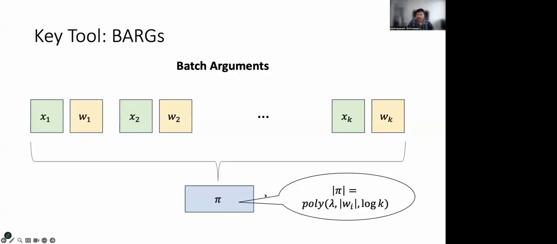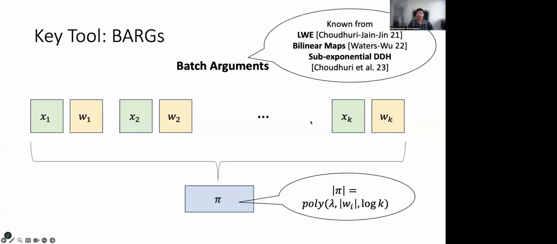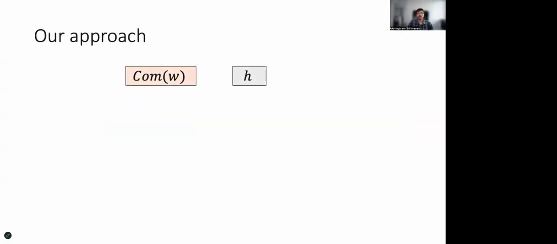And verifying this proof somehow attests that each one of these statements belong to this NP language. And we know how to construct such batch arguments from learning with errors, from bilinear maps, as well as sub-exponential DDH. Okay, so let's see how to use these batch arguments to prove consistency between the commitment to the witness